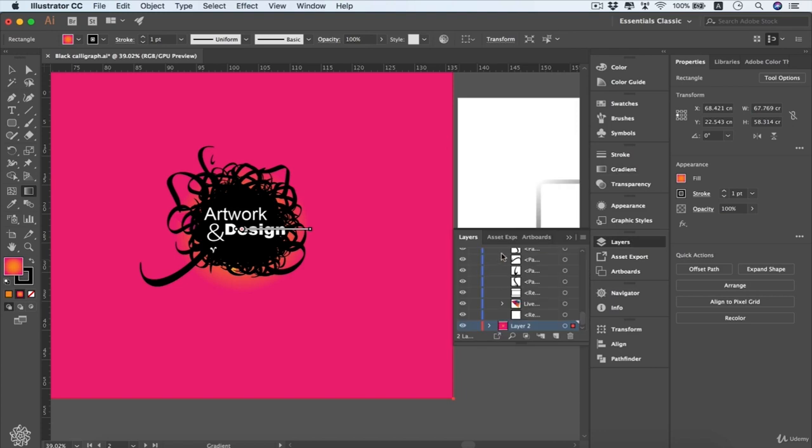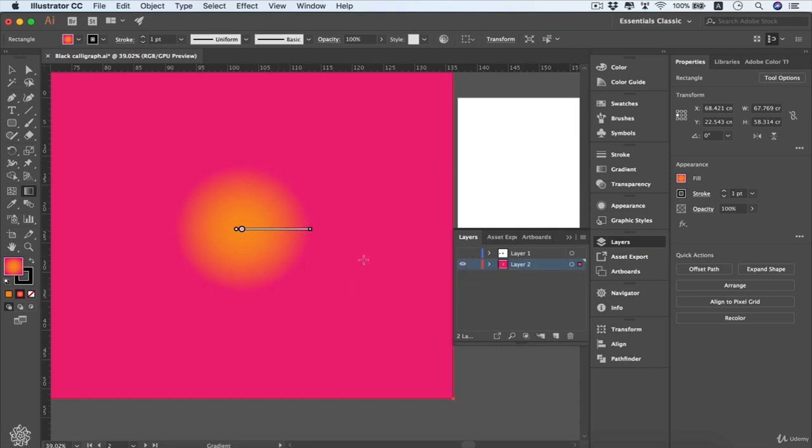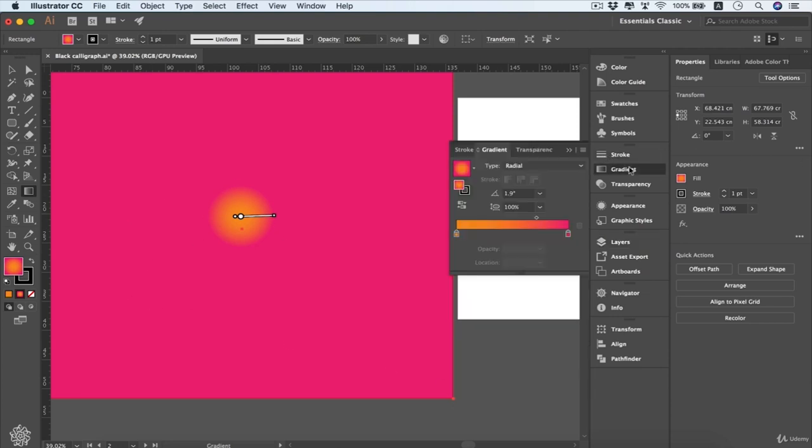I'm gonna go to layers. I'm gonna hide that, and you will be seeing that our gradient got even harsher, and if we drag that one even a little bit shorter like that, it will be looking like a faded circle within a solid background. So opening our gradient panel, if we drag it like that, we're going to be having a different angle,